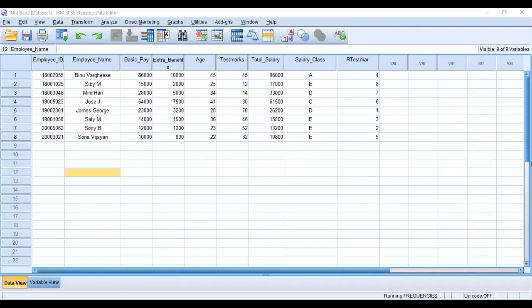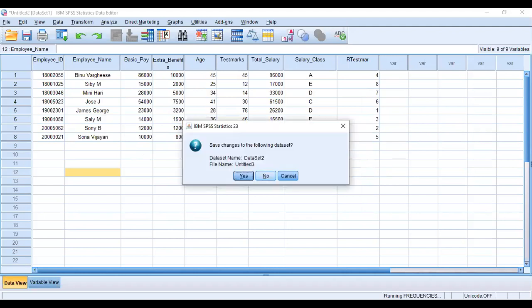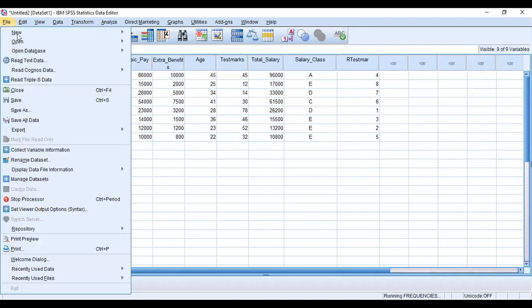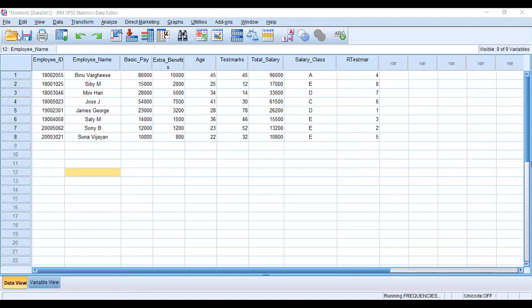Need to get the output. Car color. It is processing. That pie chart is processing. Yes.